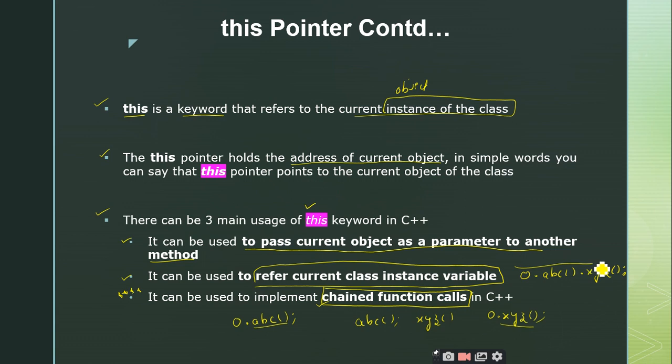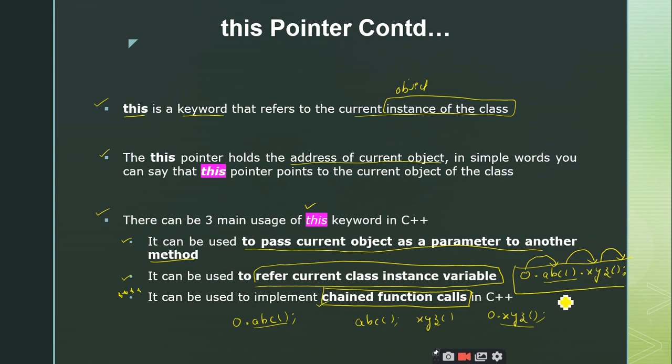So if I write a statement like this, o dot abc dot xyz, something like that. Here you have this abc. So the object o invokes abc first, and then it invokes xyz later, and this invoking will be done in a sequential fashion. So abc will be invoked and then xyz, like that.